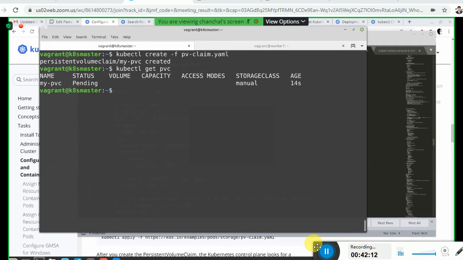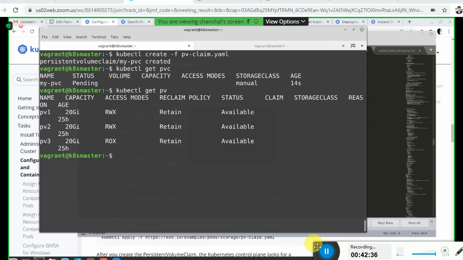Sir, due to the retain policy we are giving, we have to delete the PV, then only it will be released. Okay, again we have to create, or we have to edit and we have to check the finalizers, that PV protection lines are there or not in the PV and PVC file. No, protection lines are not there, but the retain thing is there. Yes, okay, sir, I will check once.